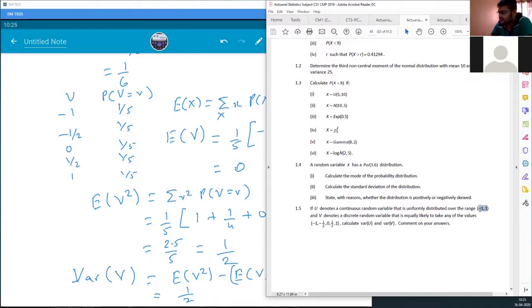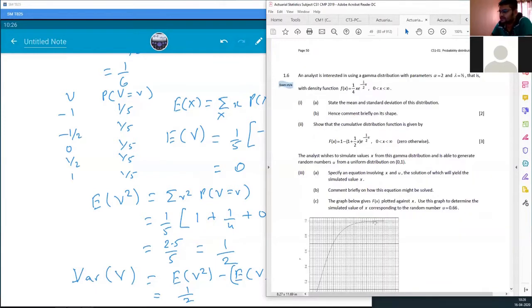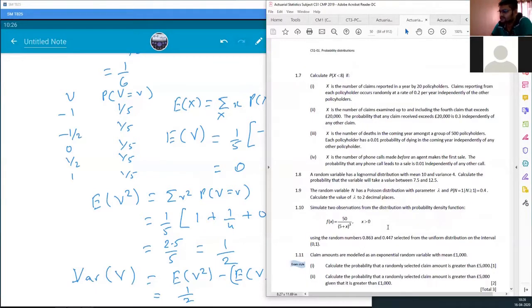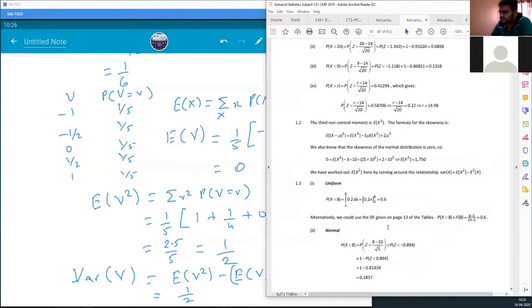And here the nearest value can be 0.1 or 0.01 or 0.001. That is why we have more values near our expected value than in this one. That is why the variance of our continuous random variable is less than our discrete random variable. Let's see what the solution says.